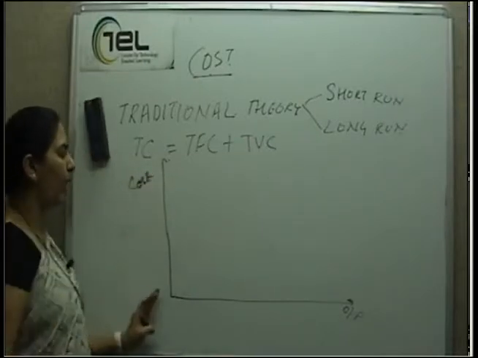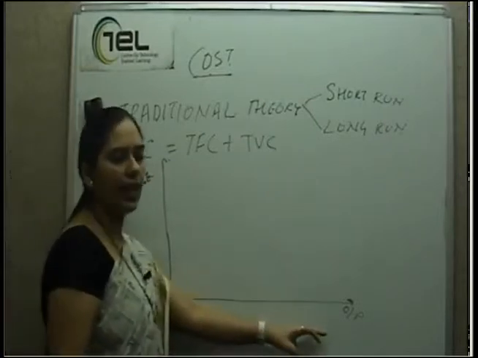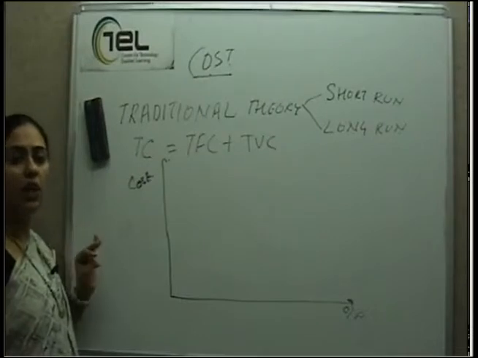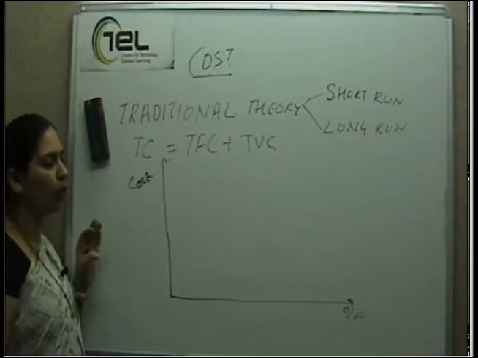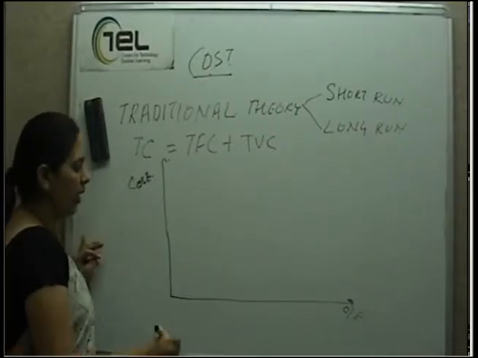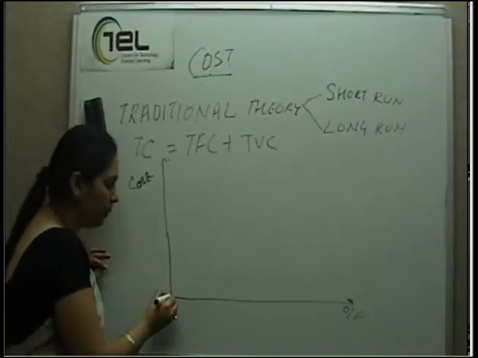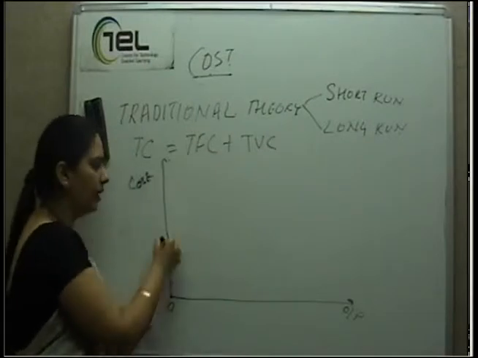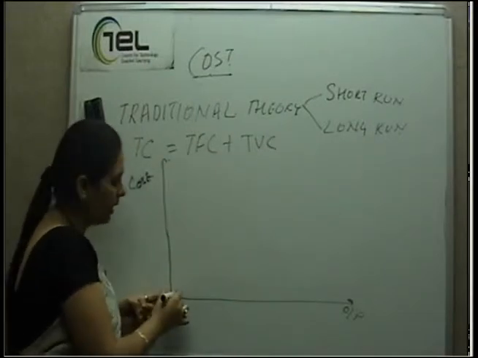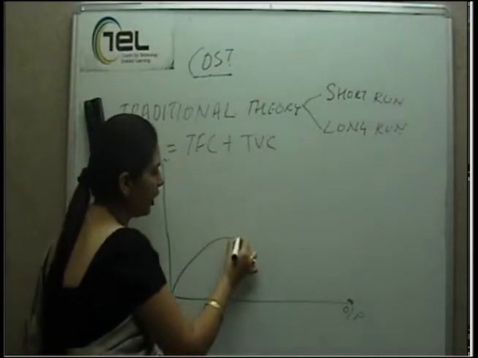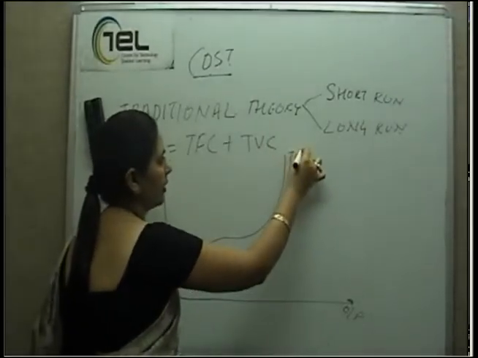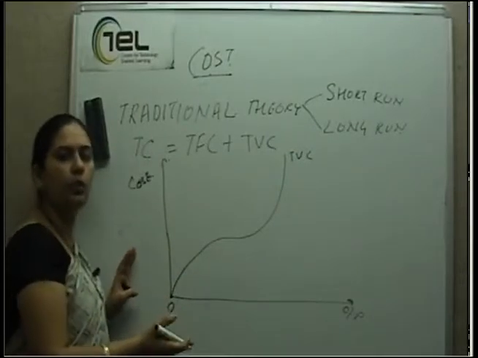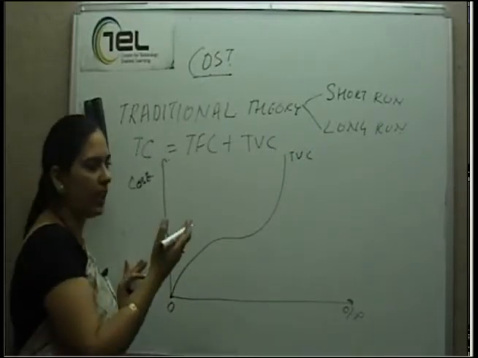again with y-axis having cost and x-axis having output, I would get an inverse S-shaped curve of total variable cost. Now this inverse S-shaped curve would be starting from origin, where my level of output is 0, that means cost involved is 0. This inverse S-shaped curve looks something like this. What is the interpretation of this inverse S-shaped curve in terms of the TVC curve?